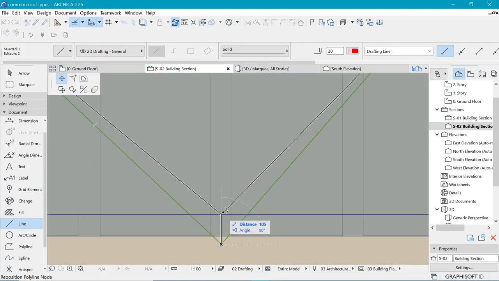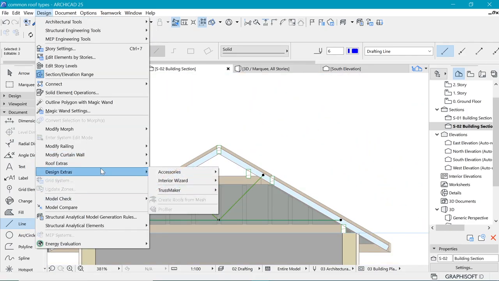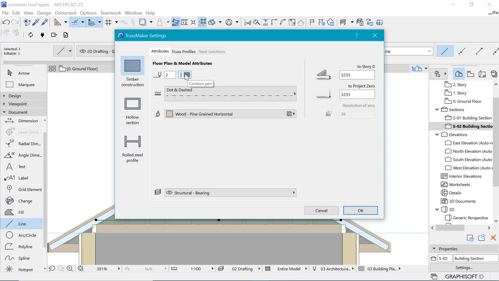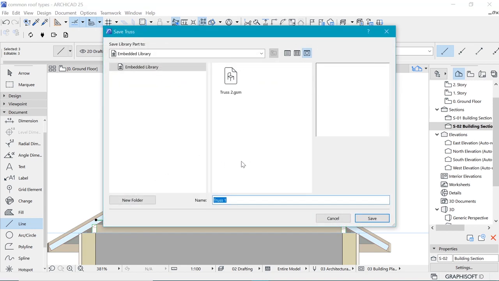And have these here. So with your profile selected, design extras, and we have a truss maker here, create truss, and this time you can see we have those two pens. So you can, in the attributes, choose whatever you want and the surface you want to see. And here in the pens, the blue one is going to be a little bit thicker, so I'll make it 75 by 100. This one I'll make 50 by 75, and that's pretty cool. And when we say okay,